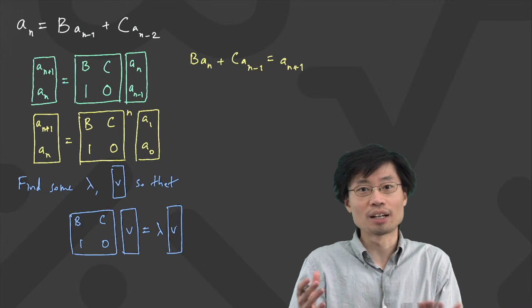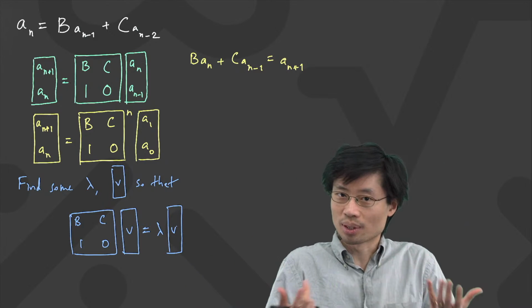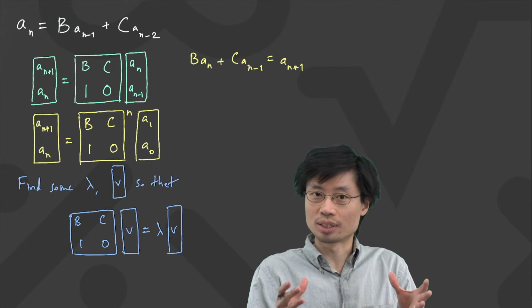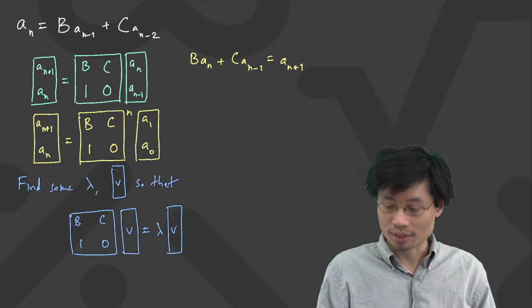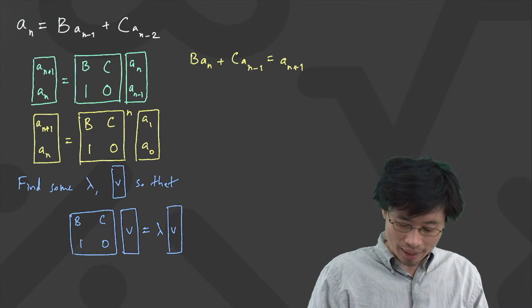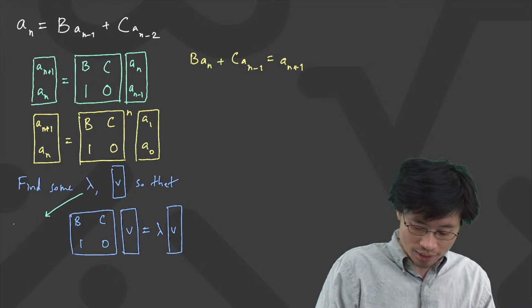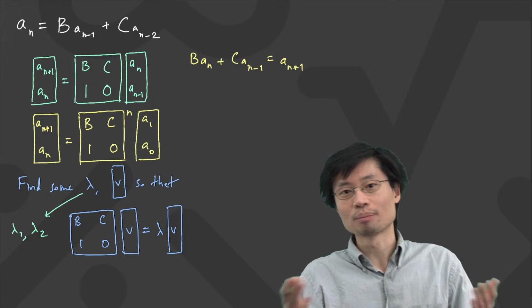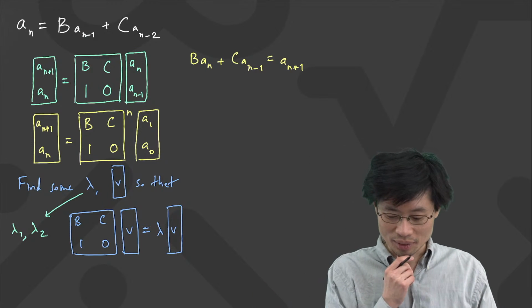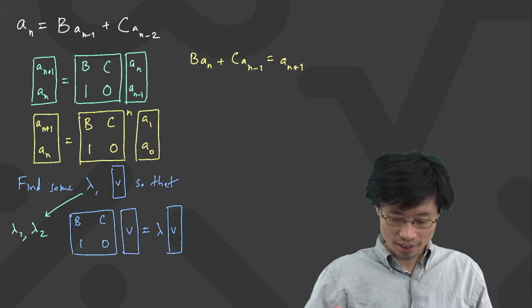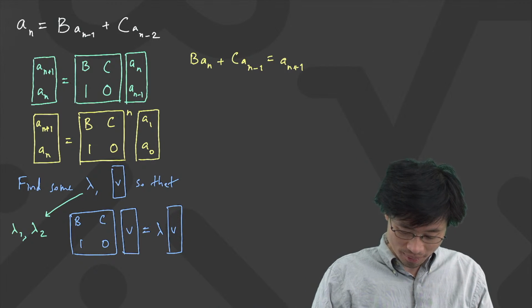Because somehow if we found these things, we were then able to go and make some nice other matrices that I can multiply by. Actually, let me just write that down here before we go into actually finishing it. It's like finding some lambdas. Well, we're going to hopefully find 2 of them, lambda 1 and lambda 2. Last time those were 1 plus root 5 over 2 and 1 minus root 5 over 2. And the reason we want to find those is because if I got this, and I guess those should be called v1 and v2,